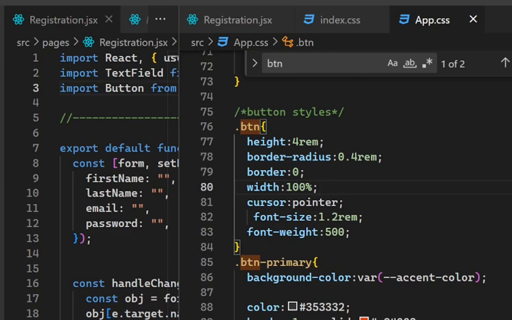And yeah, so next we're going to take a look at the app. All right, so